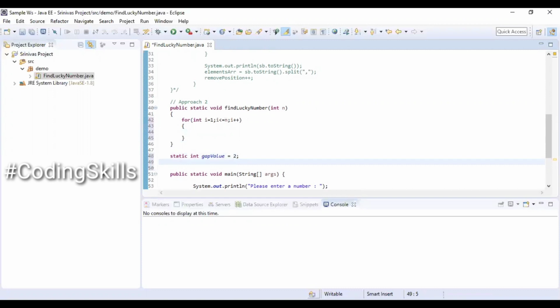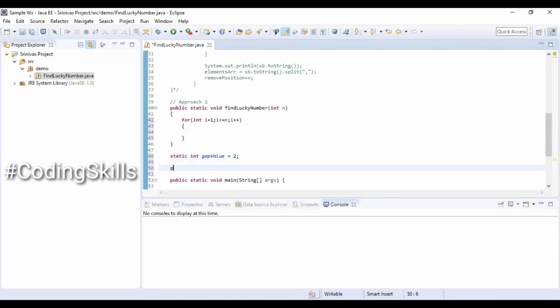So variable name is gapValue, and also creating one more static method which returns a boolean value, isLuckyNumber. So we'll be passing the numeric value to this method.